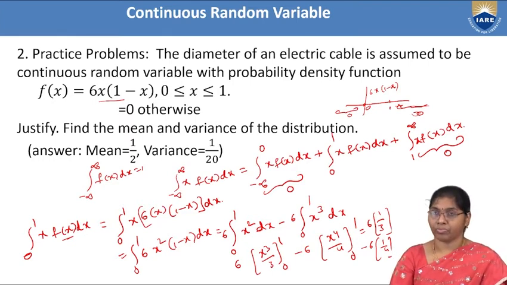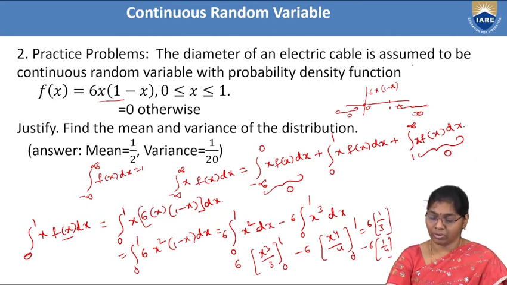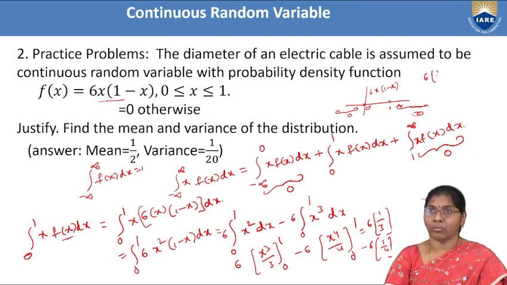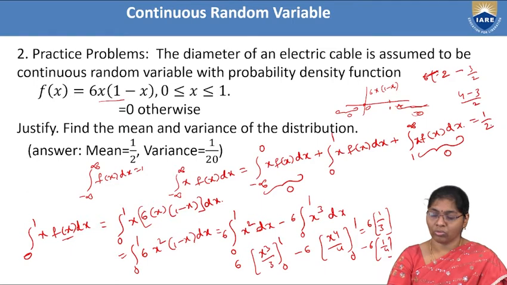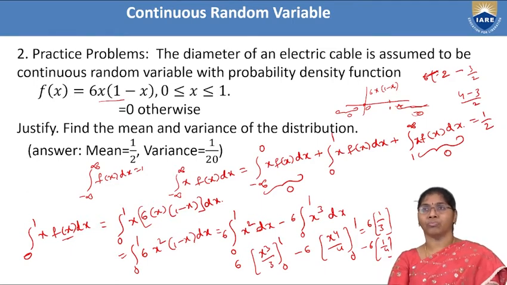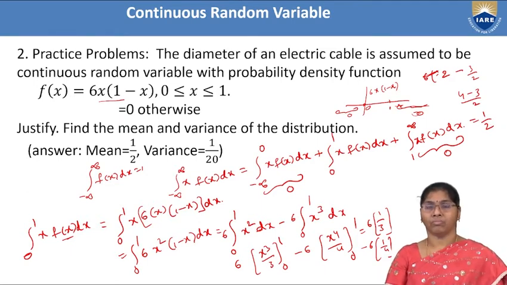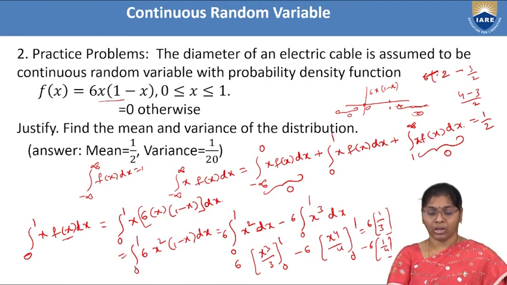That means 6 into 1 by 3, we get finally 2 minus 3 times 1 by 2, that means 3 by 2. That is 2 minus 3 by 2, equal to 1 by 2. Then the mean is equal to 1 by 2. Here the mean equal to 1 by 2 is completed. What about variance? Variance is